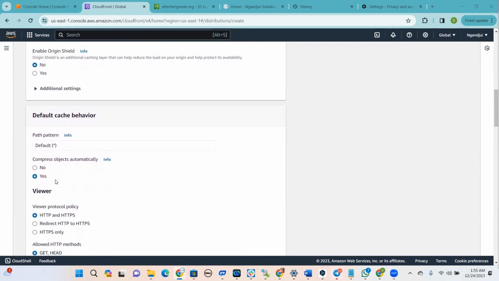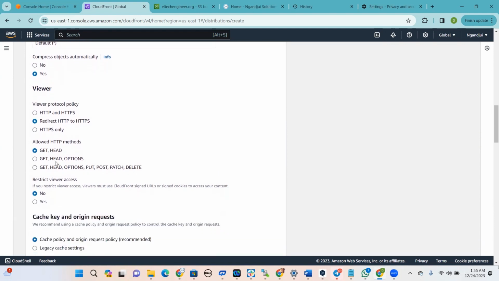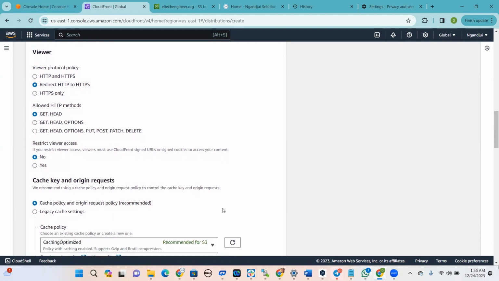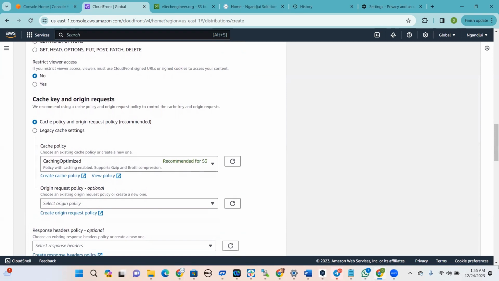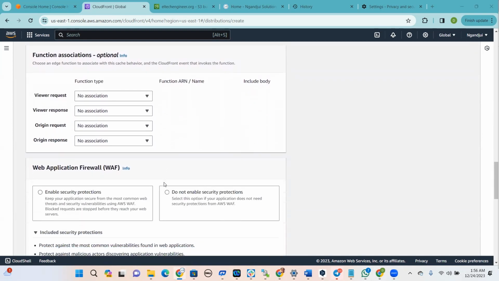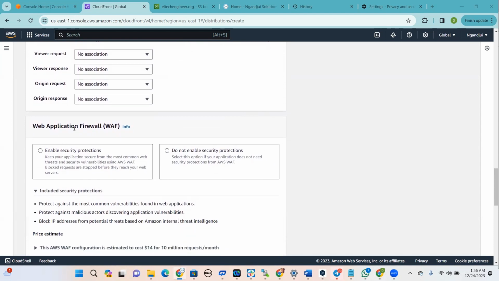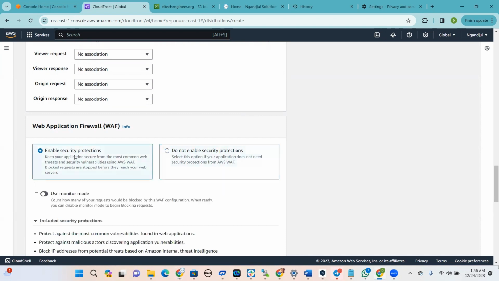The path we need to leave everything like this, but here we need to redirect the HTTP protocol to HTTPS. The method we need to leave like that, and the cache as well. Pretty much that is exactly what we do. You just need to follow exactly what I'm doing here. And here, web application firewall, we need to select do not enable, because anyway in the workplace